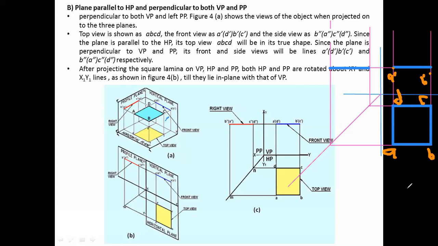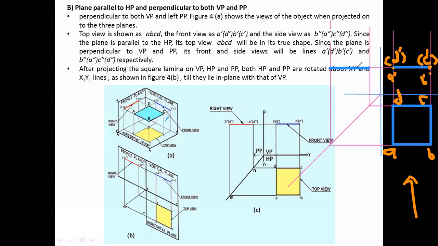Now, if you see it from this side, understand it clearly. You are seeing it from this side. Which side is behind? CD. The CD line. So those two you will write down in brackets. That is nomenclature. C will come here. It will coincide with this point, but it will be in brackets. So it will be C dash like this. And this will be D dash like this.